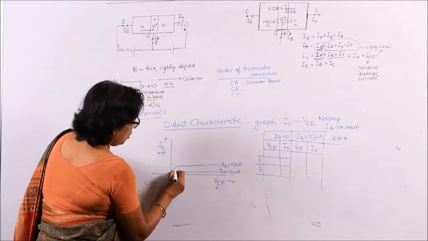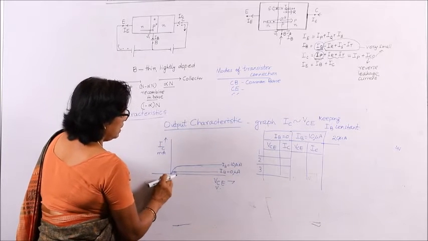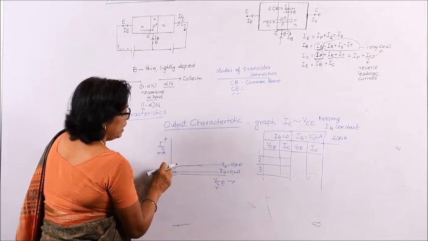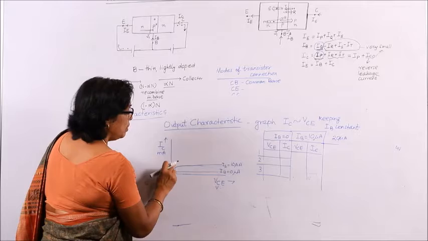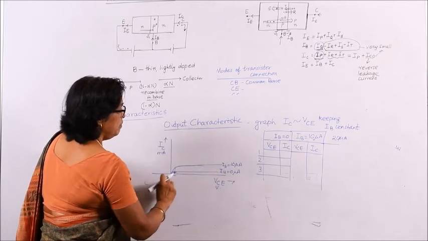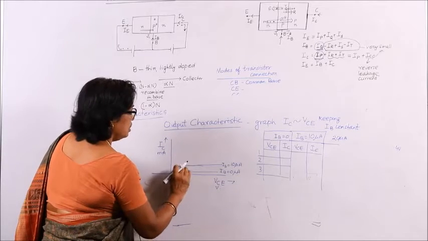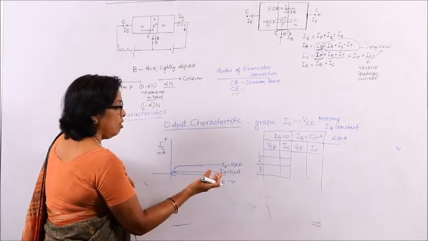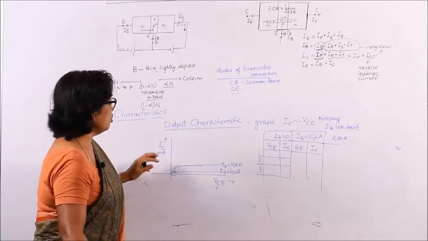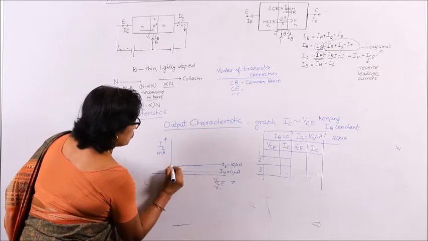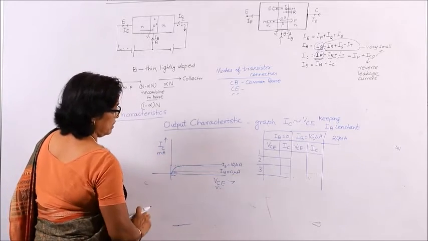So, for a very small value of voltage, current reaches the maximum and then does not increase much. It is only a very slight increase, but more or less remains constant. Again you change, you take all these readings, practically speaking this current, IC, will remain constant with some value, nearly constant.